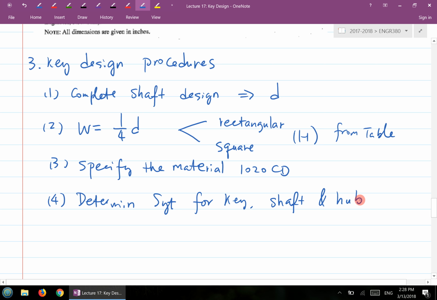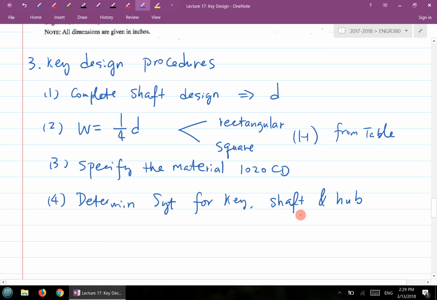and the hub. The reason essentially is your key is right in between the shaft and the hub, and they're going to be basically squishing and compressing this key when torque is being transmitted, right? So there is a possibility that somehow you pick a shaft or hub whose material is actually weaker than the key, right? It's possible. So in that particular case, instead of designing for the key,